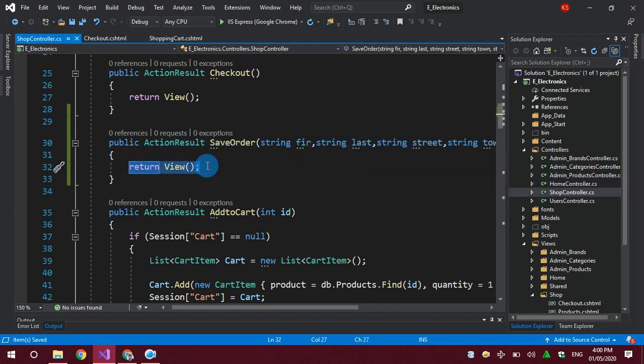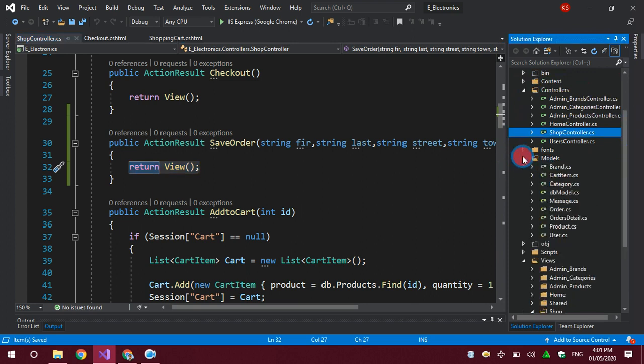While saving the order, there is a parent-child relationship. Every order will have further shopping items in it. I'm going to show you the database structure of our order.